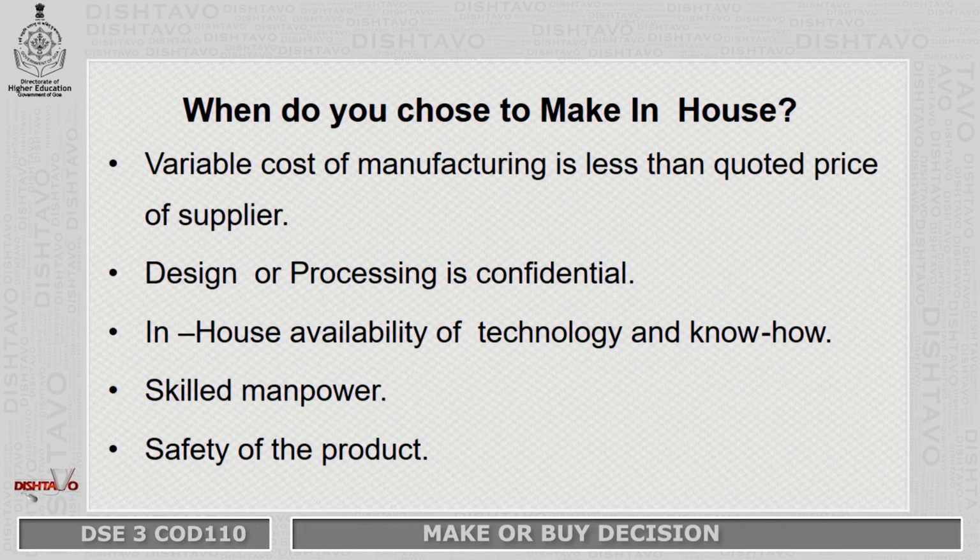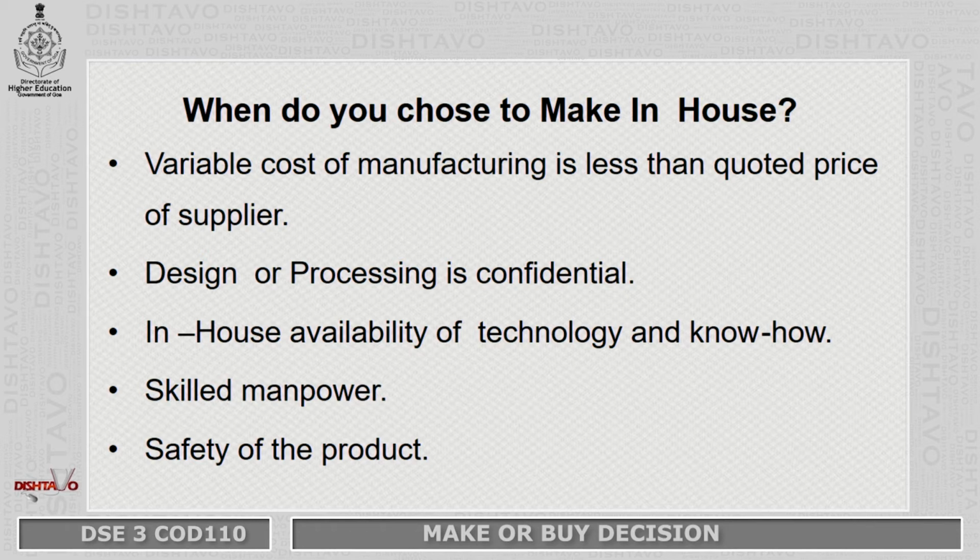Variable cost will only come when you take the decision of producing that item. So, suppose Apple company takes a decision to produce or manufacture in-house mouse or keypads. This additional cost will be called a variable cost. So, we are going to take only this variable cost and not the fixed cost. This is one reason. And then we have to compare this variable cost with the cost which a supplier has quoted. So, if manufacturing cost is less as compared to the supplier's cost, then we can take a decision of